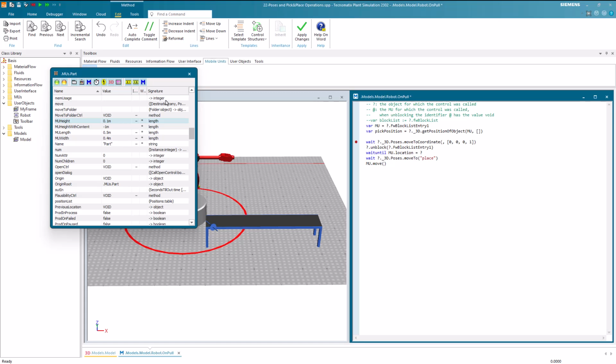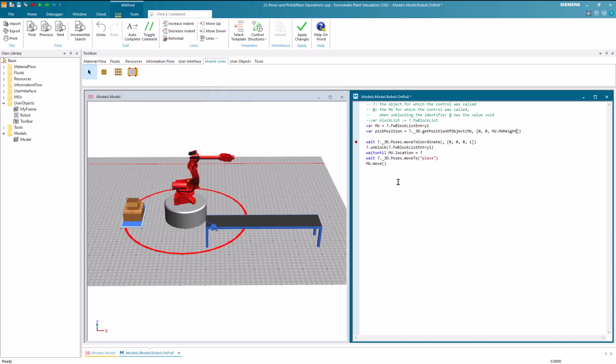Then we can utilize this attribute as the z-coordinate for the offset. Following that, we assign the variable pickPosition as the first parameter of the method.